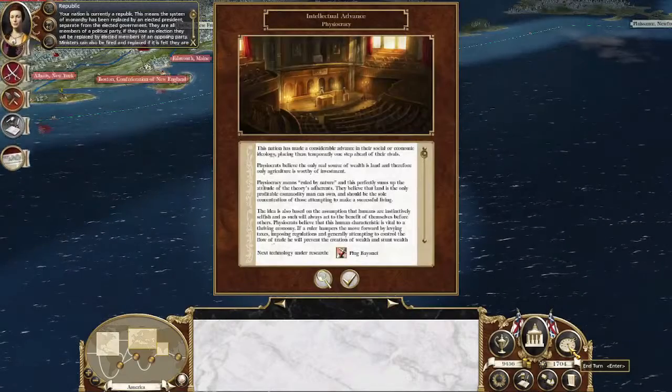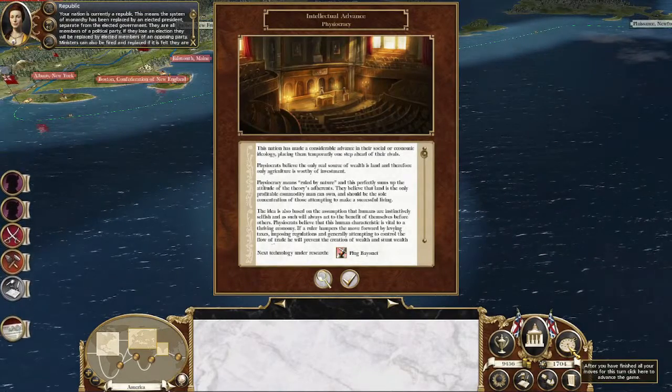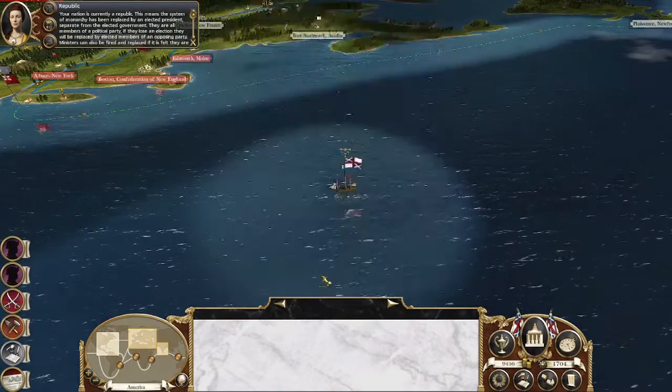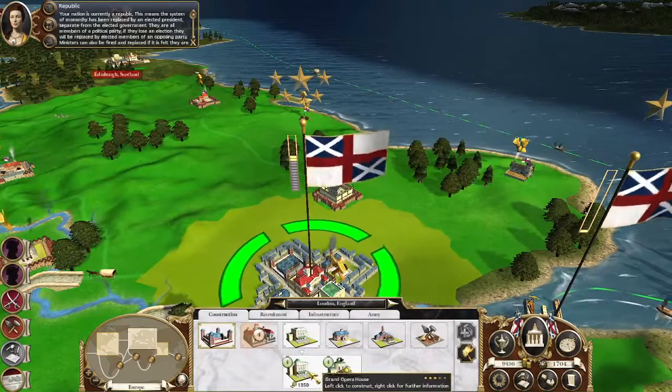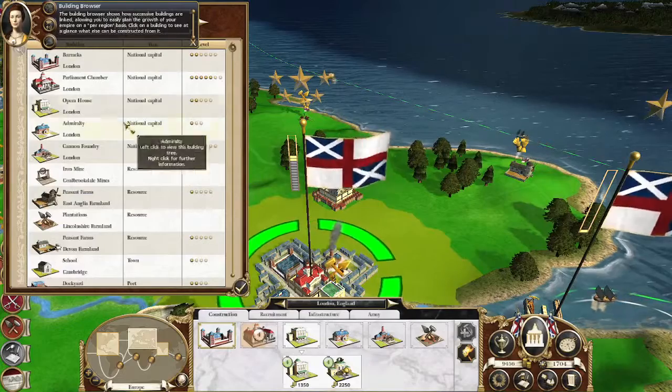Your nation is currently a republic. This means the system of monarchy has been replaced by an elected president, separate from the elected government. They are all members of